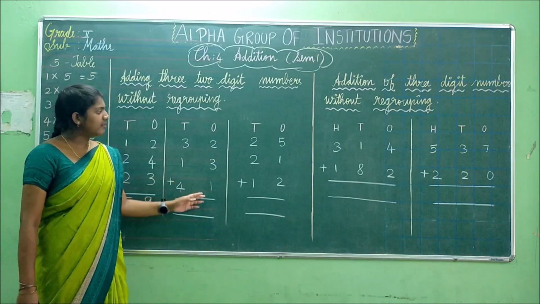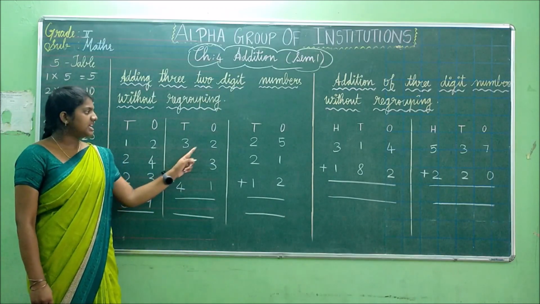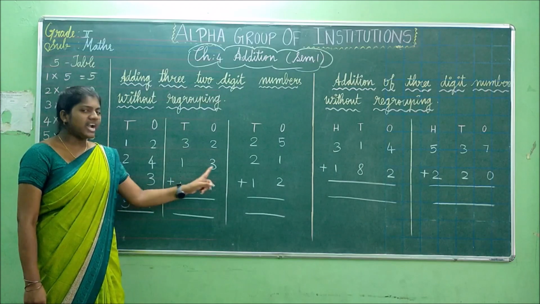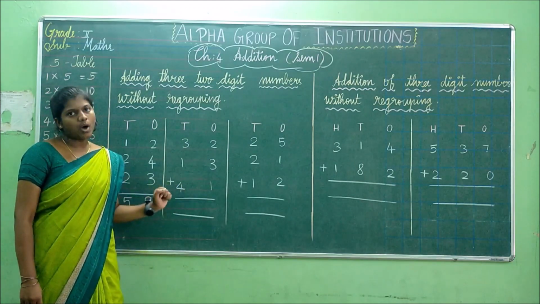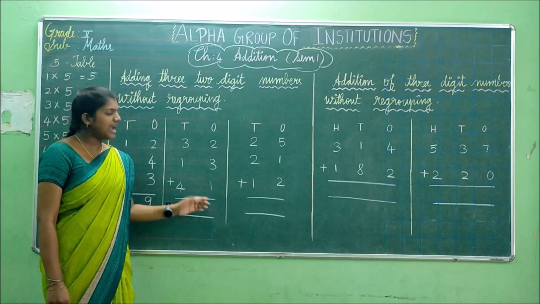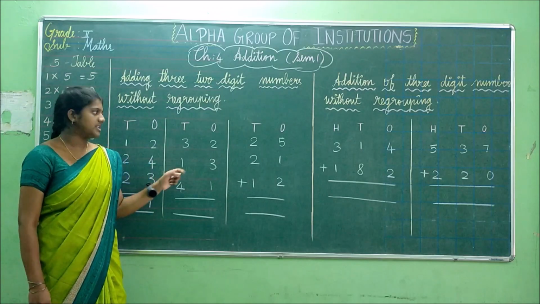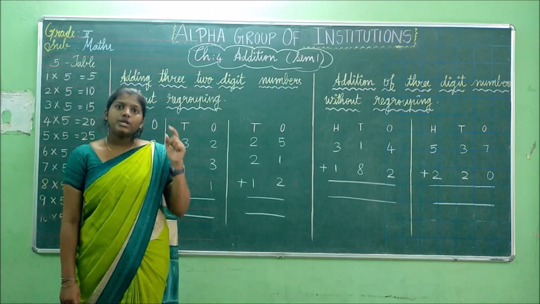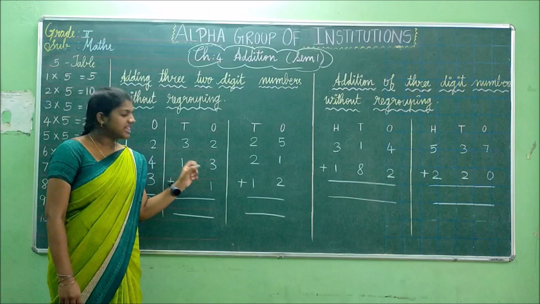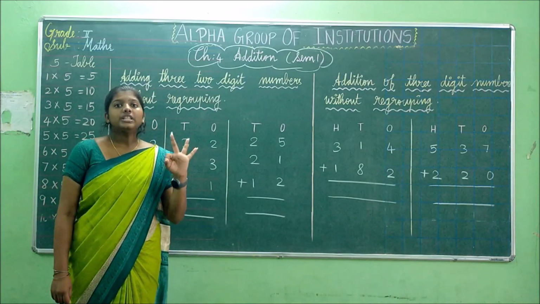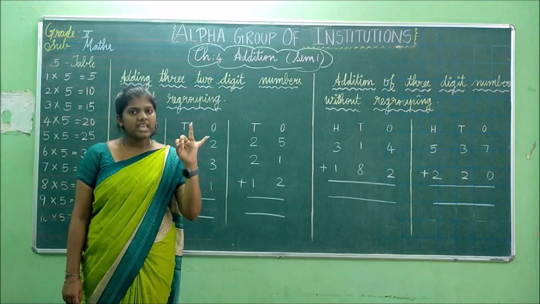Okay. See here, what are the numbers we are having? 32, 13 and 41. Now we are going to add the ones place first. See, take 2 in the mind, 3 in the finger. 2 after 3,